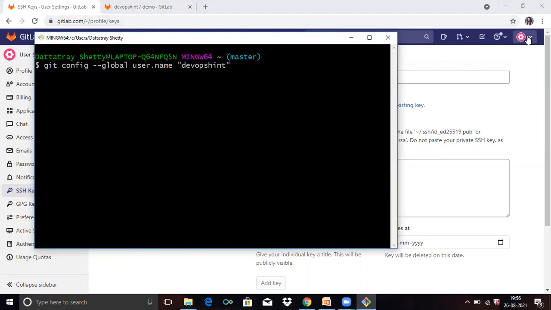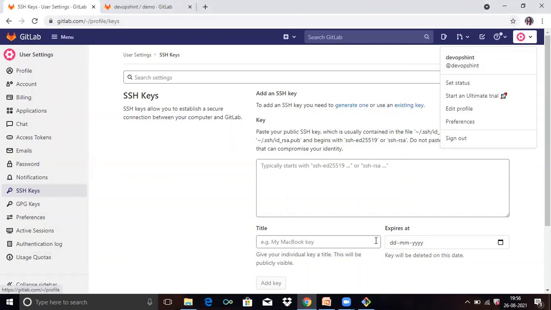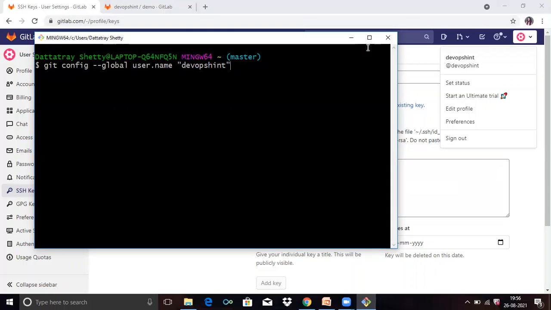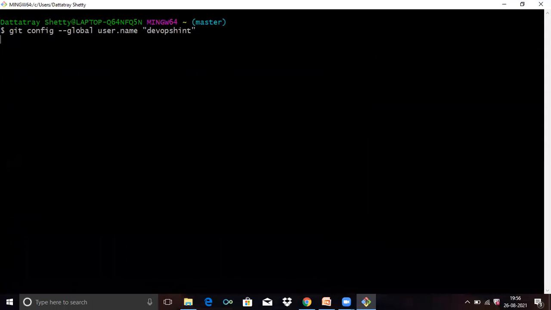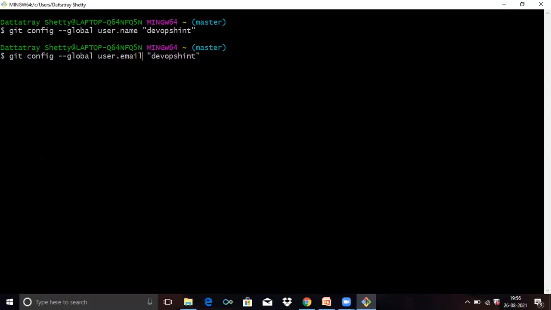You can see here the username, DevOps Hint. So press enter. Same for email, user.email, DevOps Hint @gmail.com. Press enter and it's done. So clear the screen first.